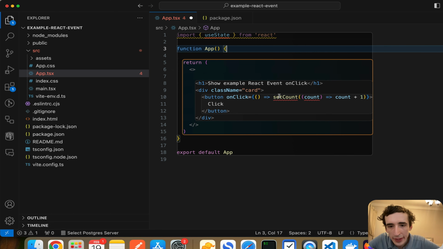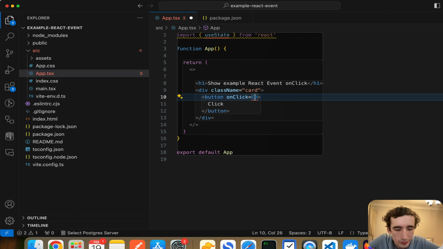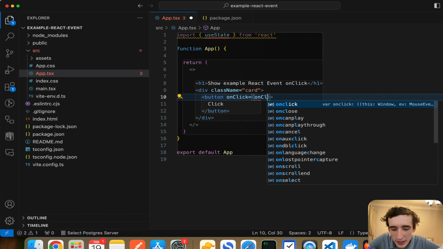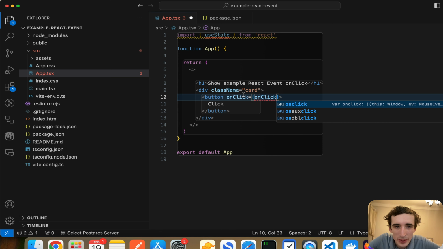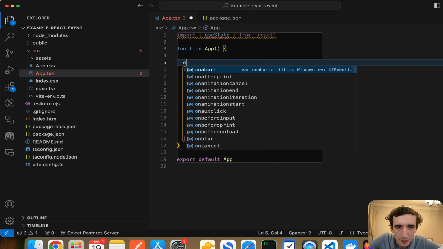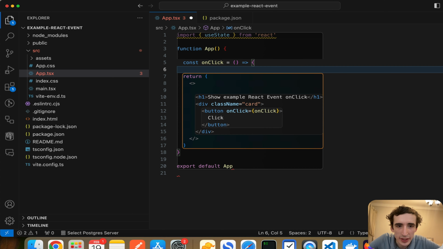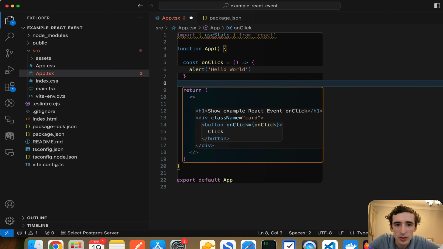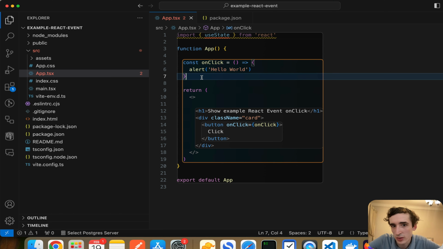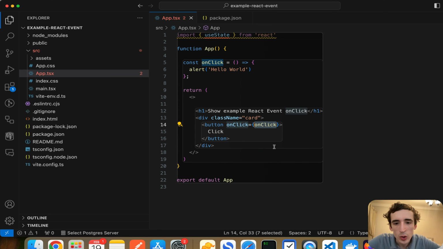So here, I will just change the onClick to onClick. Okay, let's do onClick. Very simple. And here I will have a function, const onClick, and then I will have an alert hello world. Why not? It's nice, isn't it? So let's have this, and here it will call onClick. So here we don't need any parentheses,